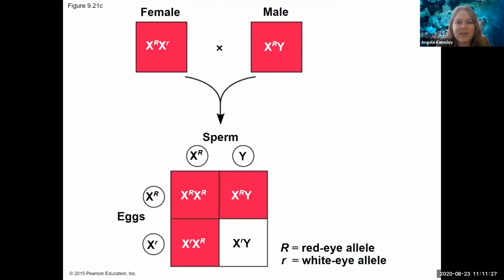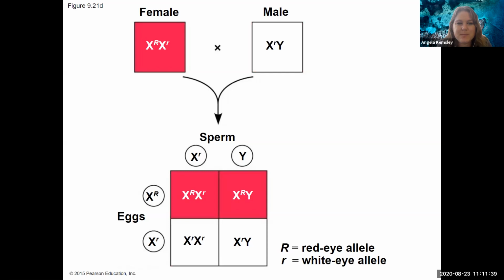If we mix that generation, we end up with 3 that are red, 1 that has white eyes. There's some different combinations here. Now notice, since that eye color is only on the X chromosome, and males only have 1 X chromosome while females have 2 X chromosomes, our crosses look a little bit different than we saw in Mendel's laws, because the sperm from the male could be passing on a Y chromosome, which is not going to have any effect